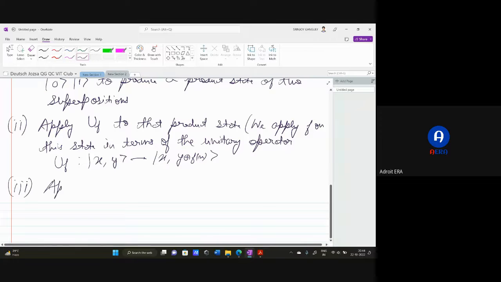apply. Then what you're going to do, after you have applied the oracle: first you applied the superposition, right? First you applied the Hadamards, then you applied the oracle. So you applied the Hadamard gate to both the qubits. There are only two qubits in the Deutsch algorithm. And then to that superposition state, you applied the oracle UF. And now what you are going to do is apply the Hadamard gate to the first qubit,